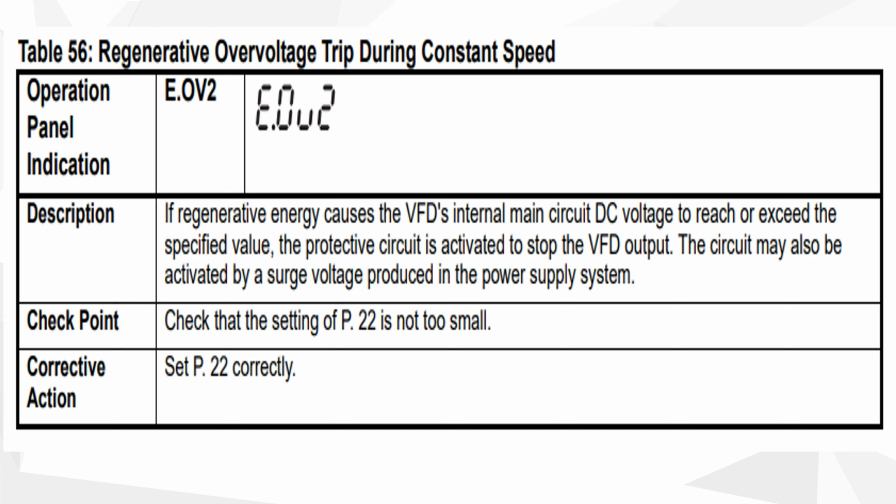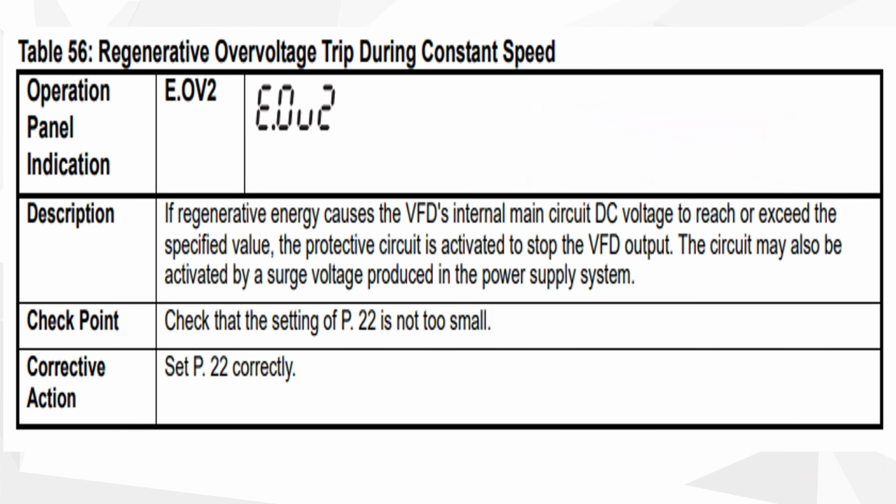या फिर जो हमने P.22 नंबर पैरामीटर है, इस पे हमने बहुत माइनर वैल्यू सेट की हुई है, तो हम एक बार इसको थोड़ा सा बढ़ा के देख लेंगे। दूसरा होता क्या है, इस केस में मोस्ट ऑफ टाइम लाइक वीएफडी का कार्ड रिपेयर कराना पड़ता है हमें, पावर कार्ड, कंट्रोल कार्ड, और हो सकता है नई वीएफडी परचेज करनी पड़े सेम एप्लीकेशन पे। तो मोस्ट ऑफ चांसेस यही होता है कि कार्ड रिप्लेस हो और अदरवाइज नई वीएफडी लगे।